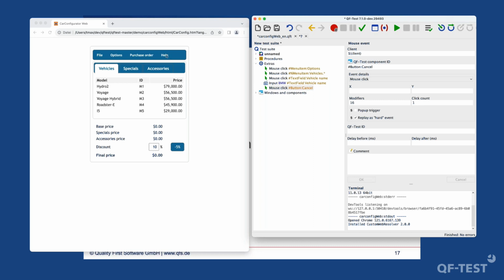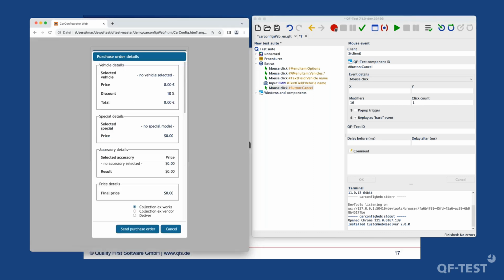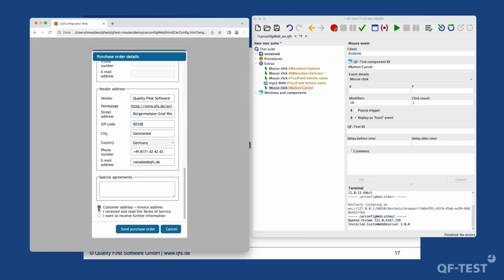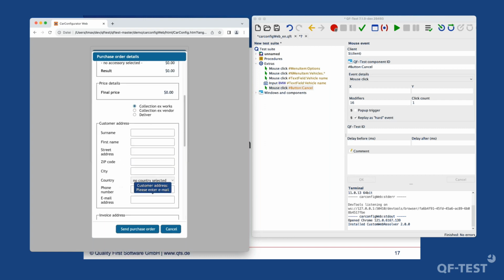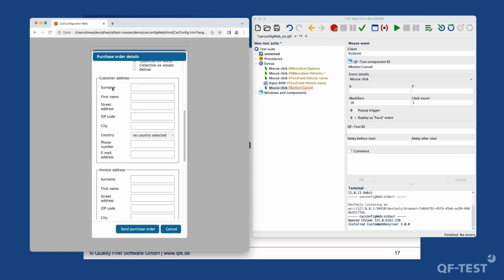Okay, and besides this, we go to this entry mask here to show this scope approach. Like for example, here we have a first name field, and also down here we have a first name field. If I record something now, since we also have a recording mode in here,